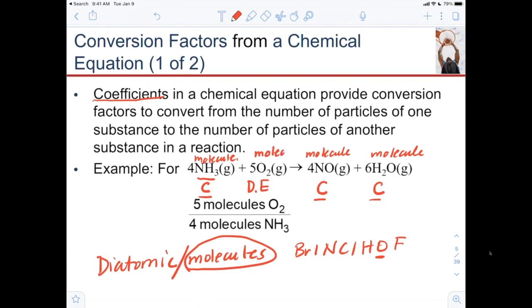So after that little history of what we learned in the past, now you can use the number and these names to describe the amounts. You can say 4 molecules of ammonia, 5 molecules of oxygen, 4 molecules of nitrogen monoxide, 6 molecules of water. They didn't really explain all that, but I'm here to explain it. Now they're trying to relate